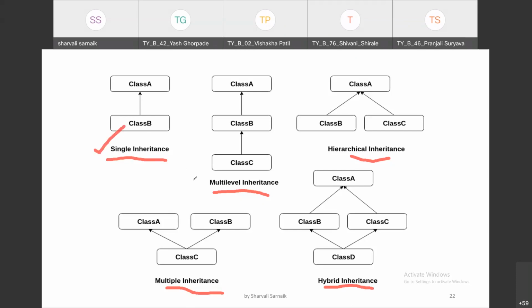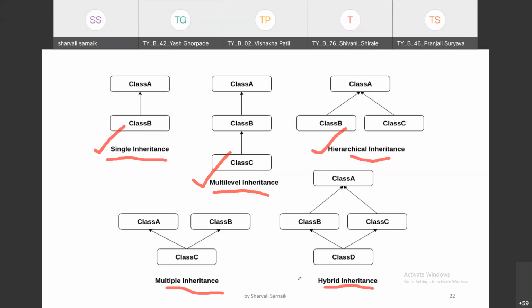Now, the first 3 inheritance types, that is single inheritance, multi-level inheritance, and hierarchical inheritance, can access the properties of another class with the help of the extends keyword. But multiple and hybrid inheritance require the concept called interface.